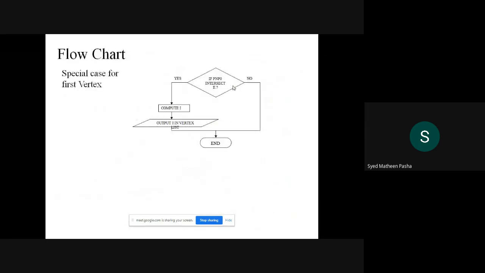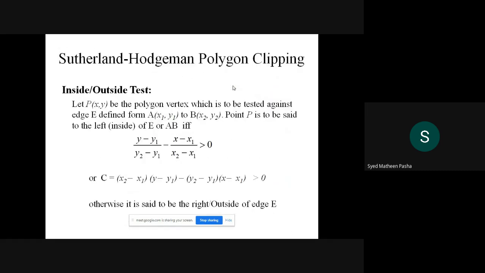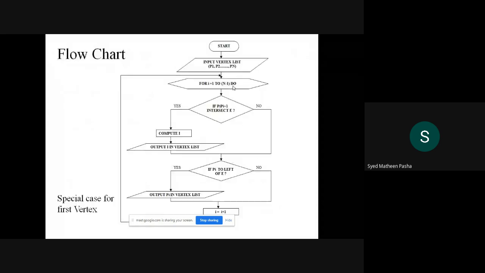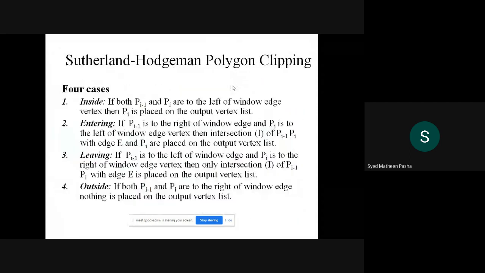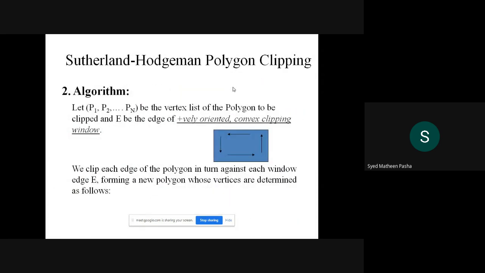I have actually included a flowchart as well with respect to that particular algorithm. I will just give a brief note on this algorithm, and then we'll study it in detail tomorrow. How does this algorithm work? First, it will consider some points with respect to that particular object. Once the points are fixed, it will check some edges, whether it is positive or depends on some other clipping window as well.